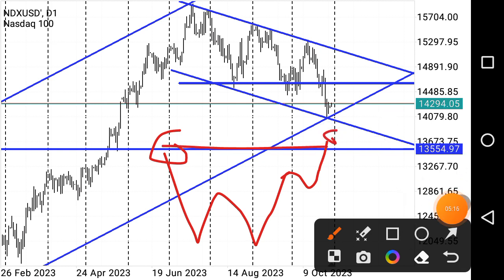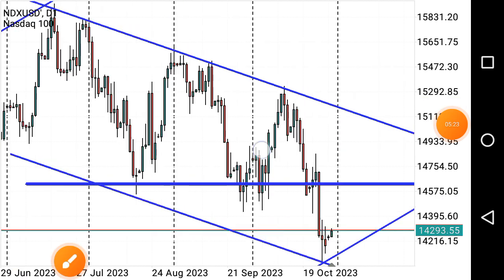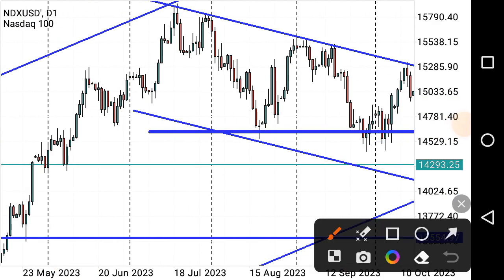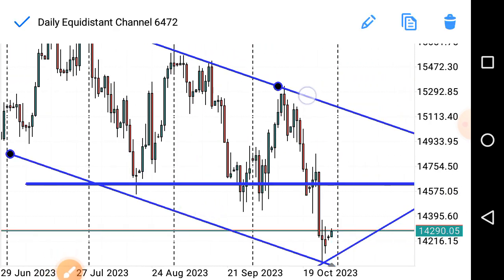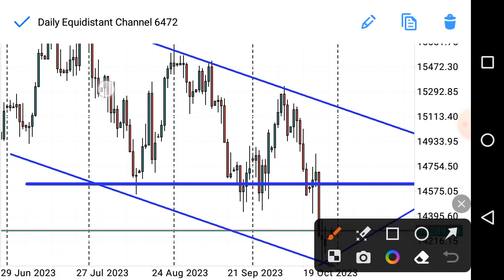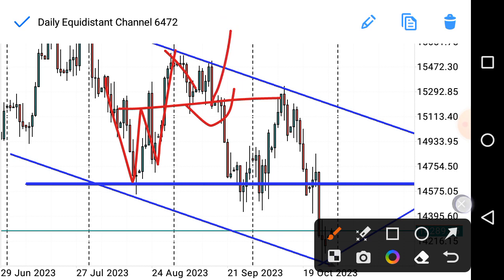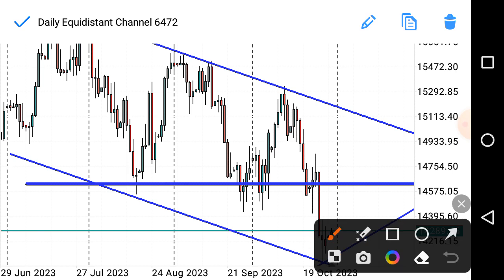If we were to look at, just bear with me, let's zoom in a bit. If we were to look at this area over here, we would see also that price had given us a W structure, where we were expecting price to actually continue to move further up. However, that W structure failed, and that's because of fundamentals. We were expecting price to come back to the neckline and then continue to move further up. However, as I said, it failed and we saw the market move further down to around this level,